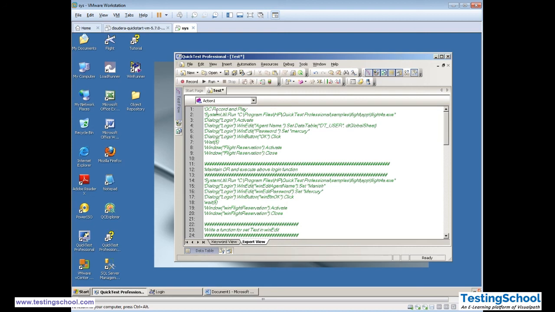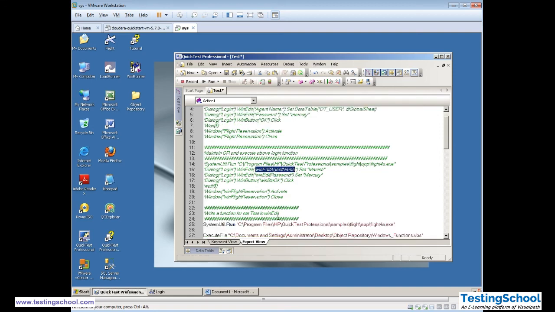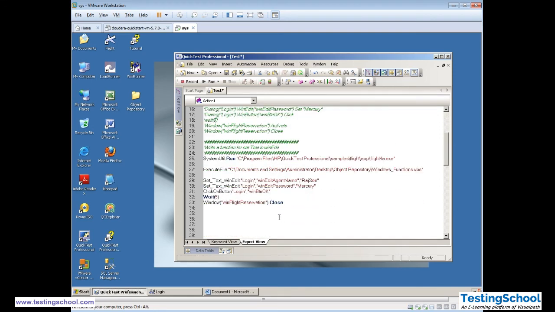This code was generated after recording with the record and play method. Below that is the maintained OR, and we execute the above function. In this case we have maintained the OR, so we have given customized names: win button, win edit password, win edit agent. Again, using the same functionality, we are writing it using functions.